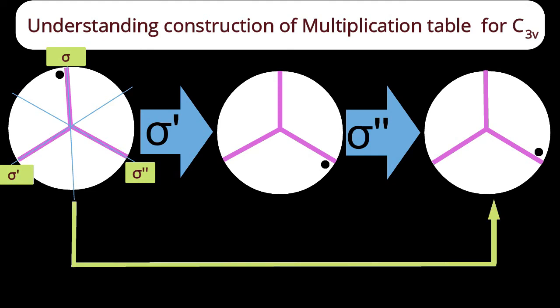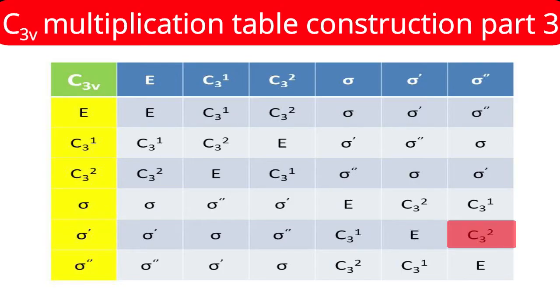The knot will remain on the right side only, but from the bottom portion it will go to the upside of this right side bar. If we ask how to obtain the right side result from the original structure, then what's your answer? One and only one possibility, that's the C32 operation, rotation by 240 degrees in the anti-clockwise direction. And our multiplication table agrees with our result. Sigma dash into sigma double dash is equal to C32.